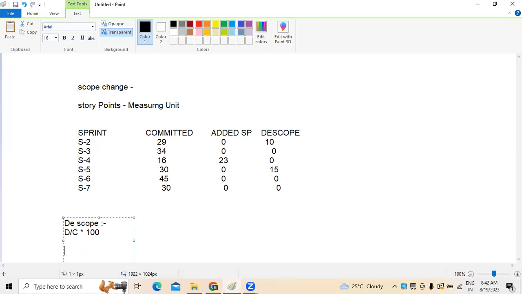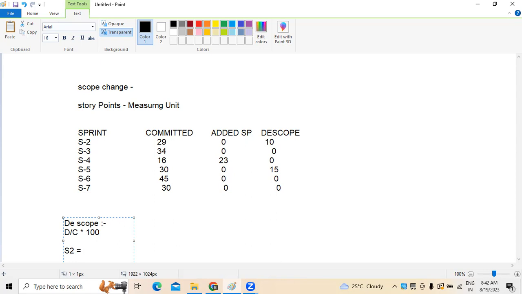If I take sprint 2 as an example, whatever the D-scope points here, that was 10, divided by